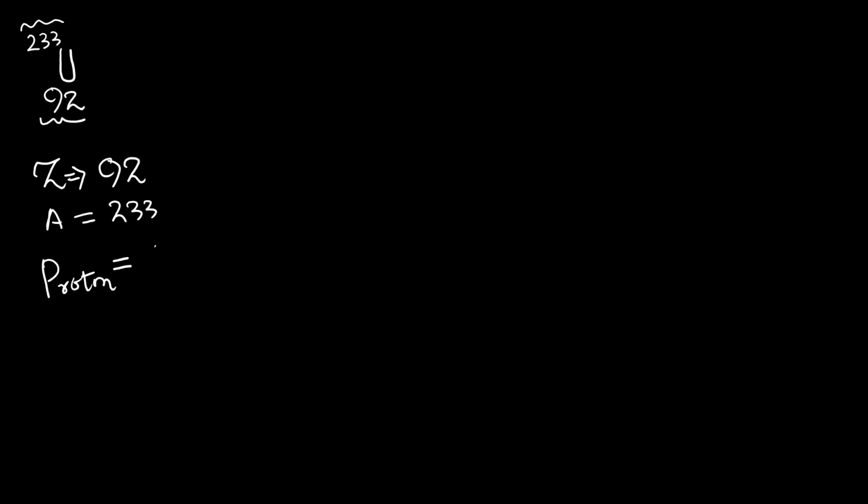Since you know that the 92, the term in the subscript, basically represents the atomic number, whereas the term in the superscript, 233, represents the atomic weight of uranium-233. So the number of protons in uranium-233 will be 92, since you know that the atomic number is the number of protons or electrons in an atom, whereas the number of neutrons in uranium-233 will be,